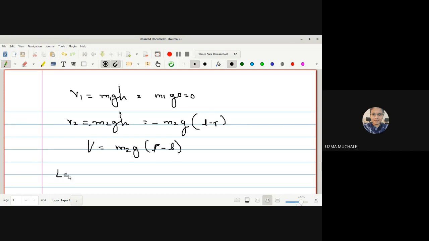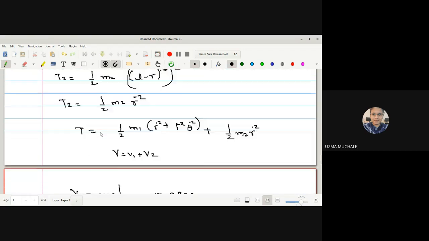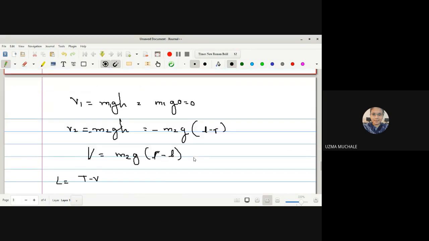Okay. So now I can write the Lagrangian L equals T minus V. What is your kinetic energy T? It is nothing but 1 upon 2 (m1 plus m2) r dot square plus 1 by 2 m1 r square theta dot square. I have simply rearranged it. I took the r dot square terms common, otherwise you will have a doubt. What I did in this equation is, these two terms I have combined, and this one I have written for the last term.